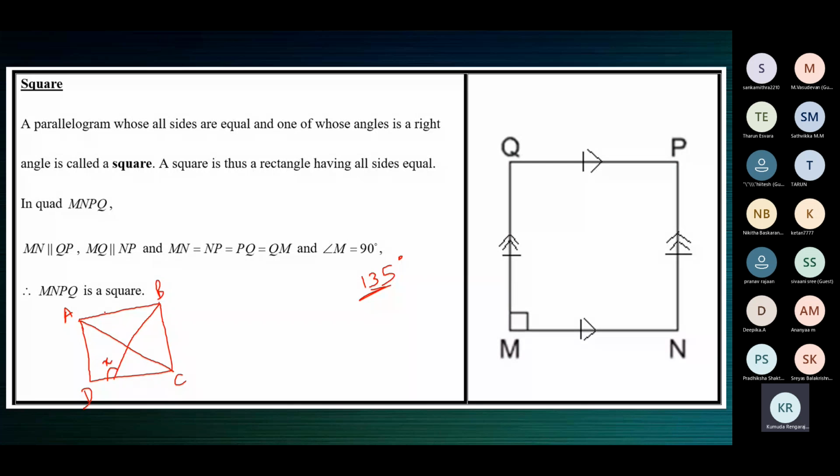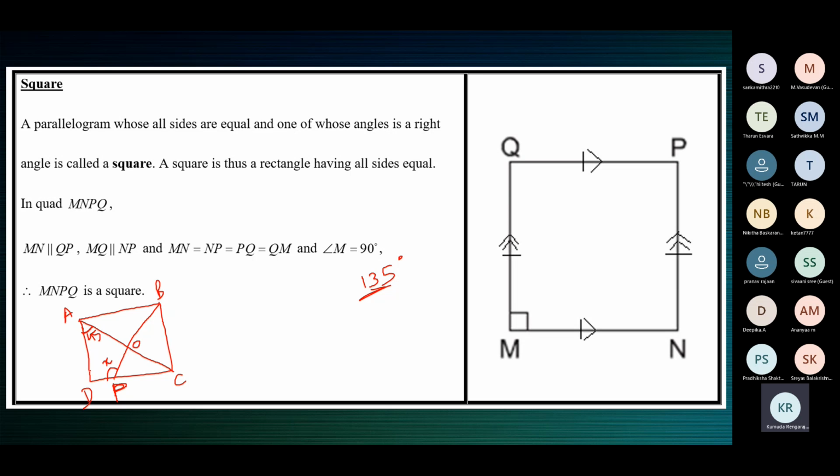So how much is this angle? I'll just mark this O. I'll mark this P so that it's easy to call them. All right. So how much is this angle, children? What's the measure of this angle? 45. This is 45. We just saw this is 45.